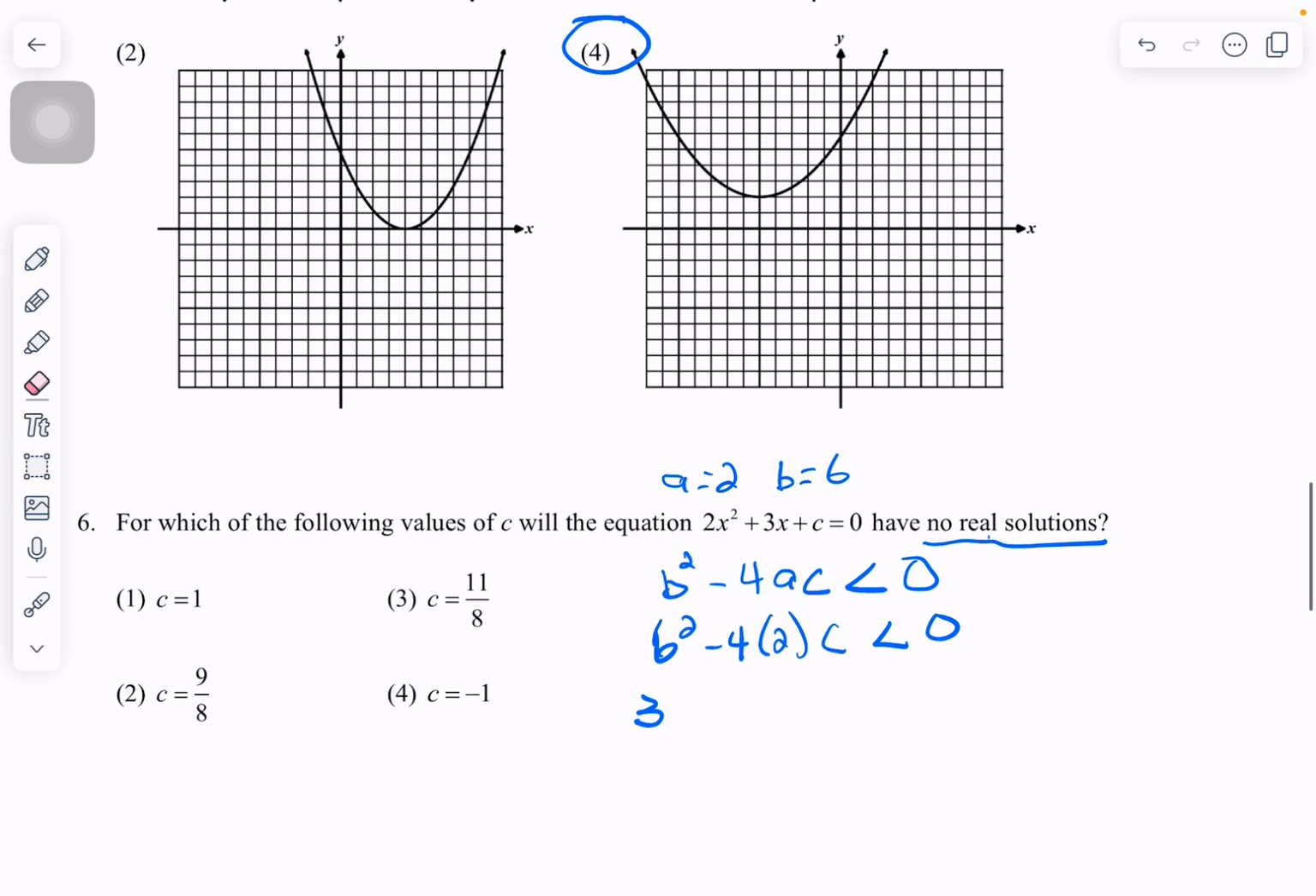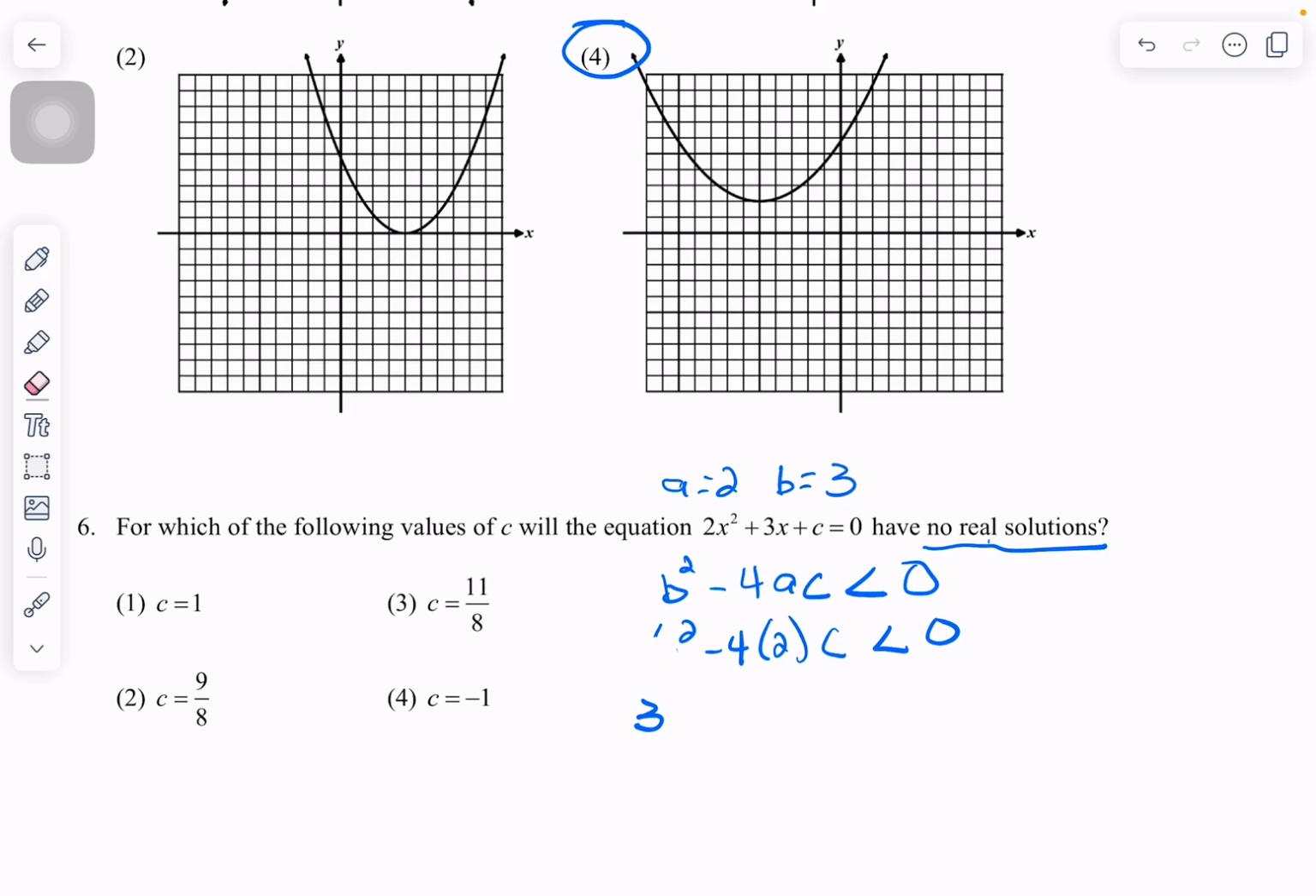Hold on, b is 3. I don't know where I got 6 from. B is 3, right? So this should be 3 squared. All right, so this should be 9